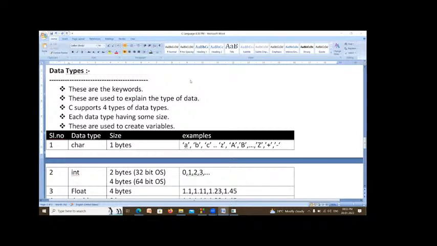That doubt was asked by Chaitanya, no? Chaitanya? The size of integer is 4 bytes, yes. See, Chaitanya, I used a 32-bit operating system also, and now I am using a 64-bit operating system also. At the time of the 32-bit operating system, the size of integer is only 2 bytes. Clear? Okay, sir.